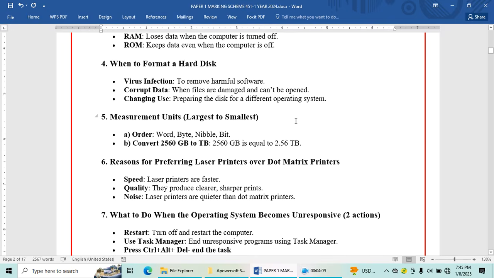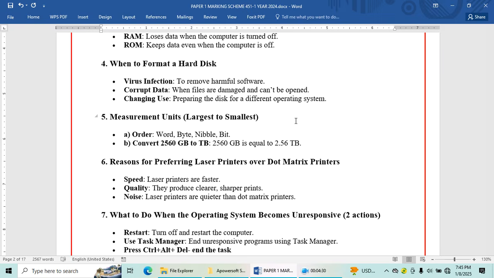Then you are supposed to convert from a smaller memory unit to a larger one. Before we go to that, the first question was to order word, byte, nibble, and bit.